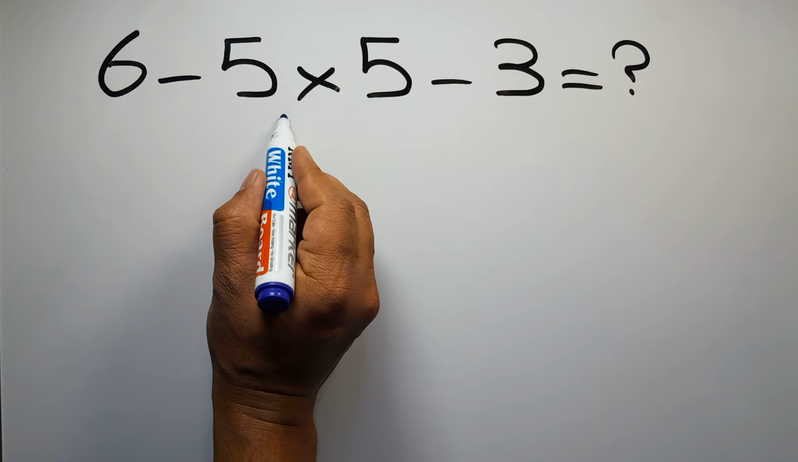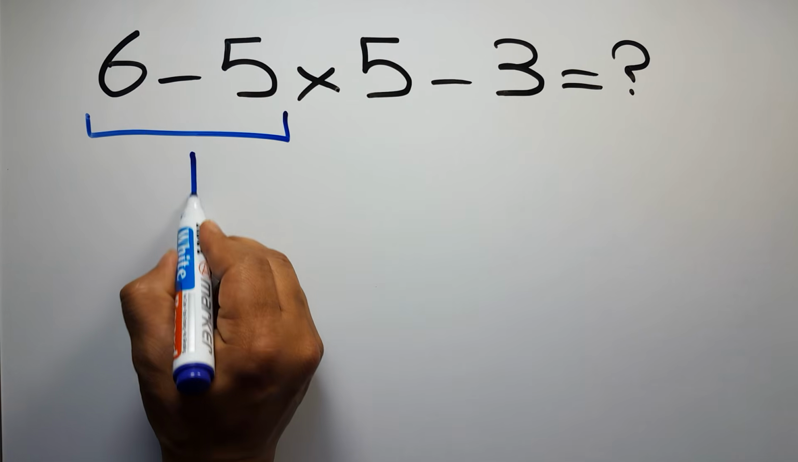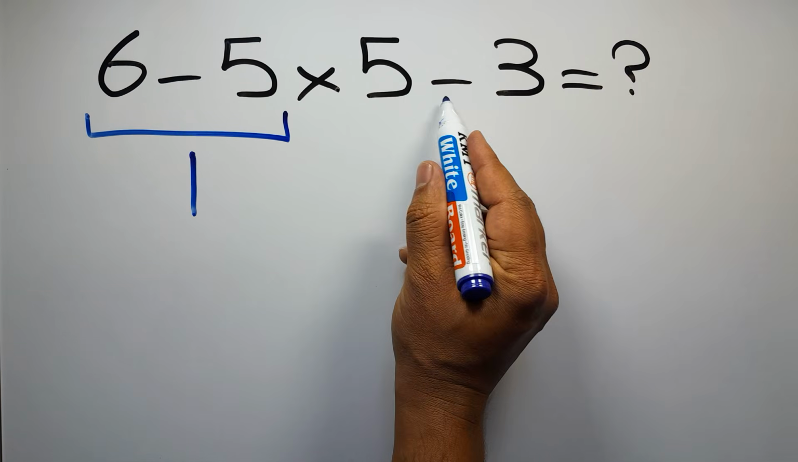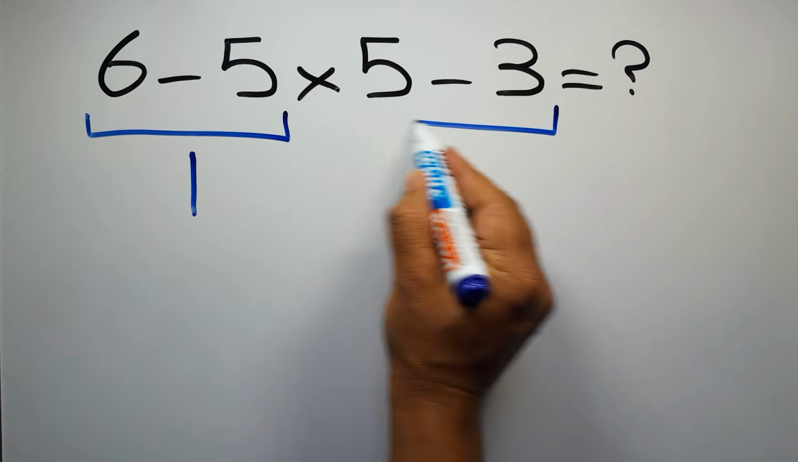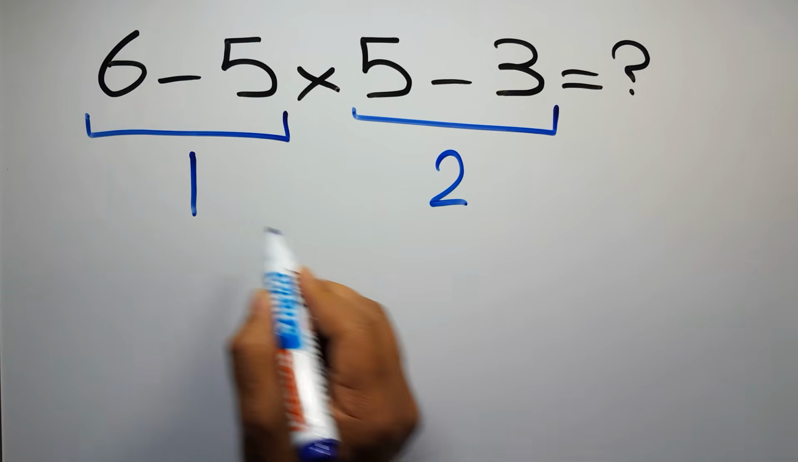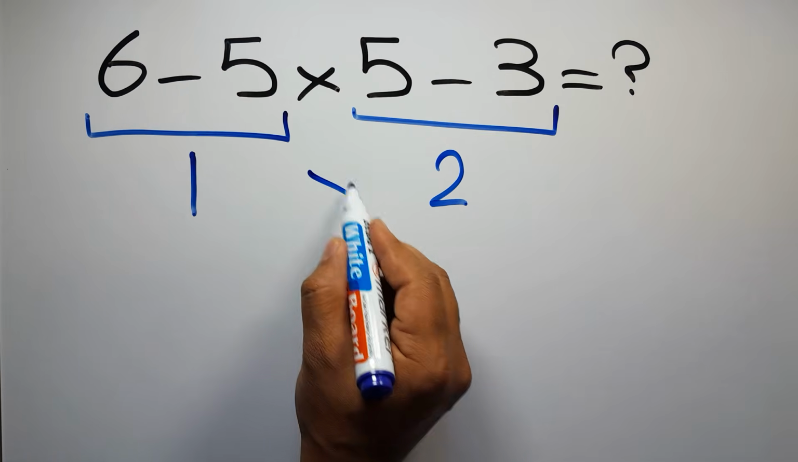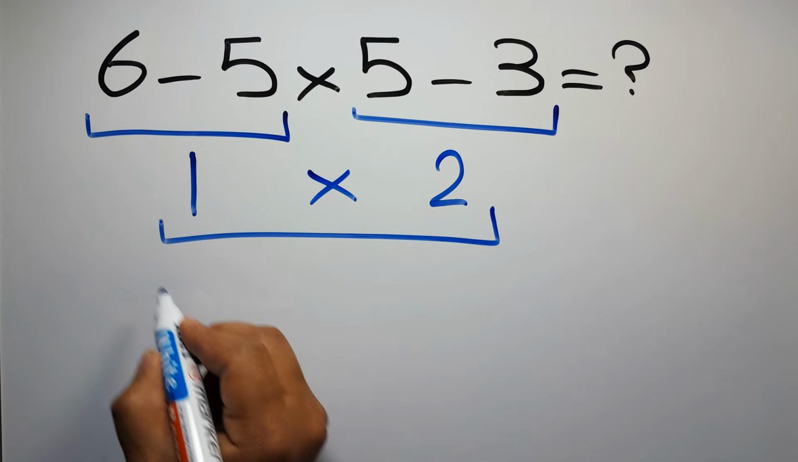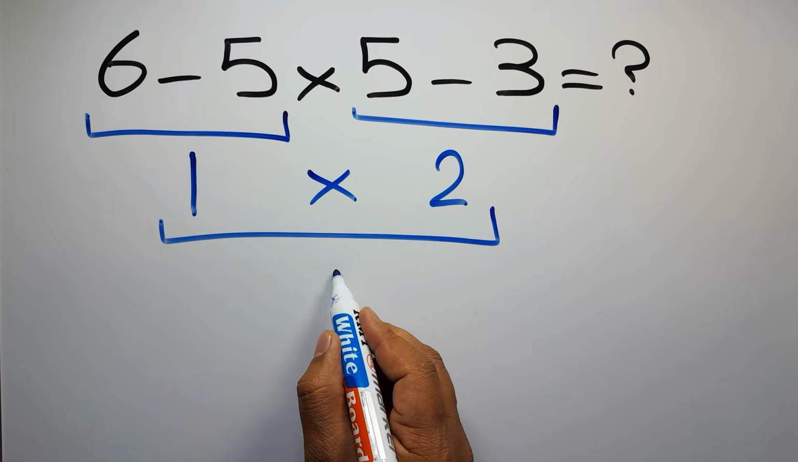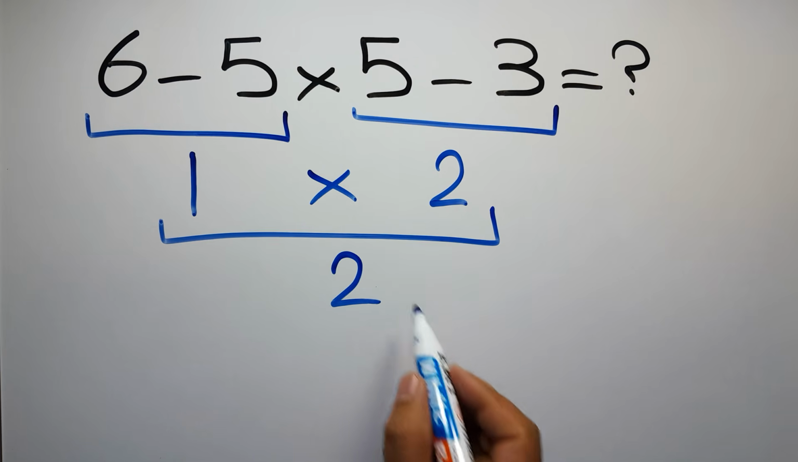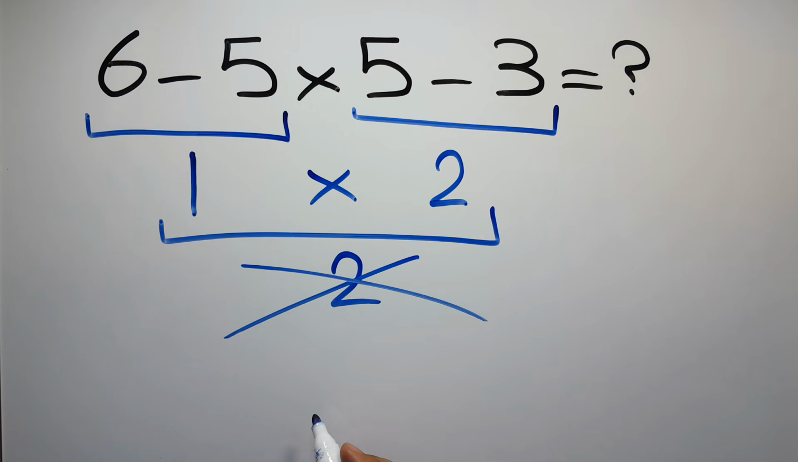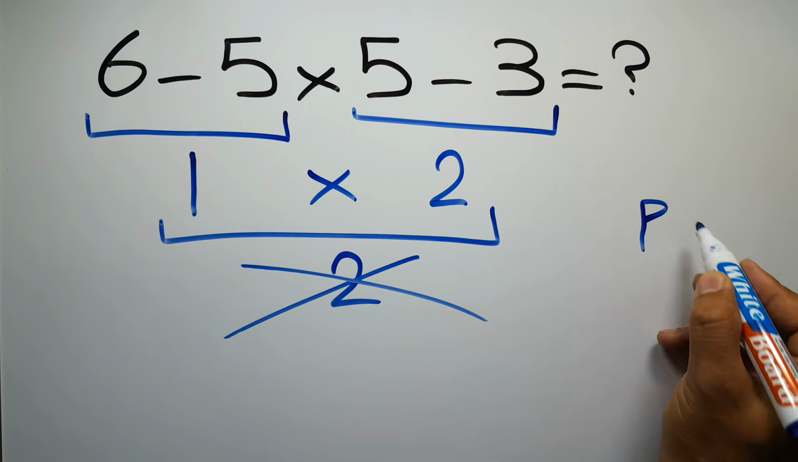6 minus 5 gives us 1. And here we have 5 minus 3, which equals 2. So we have 1 times 2, and 1 times 2 is just 2. But this answer is not correct because according to the order of operations, which is PEMDAS,